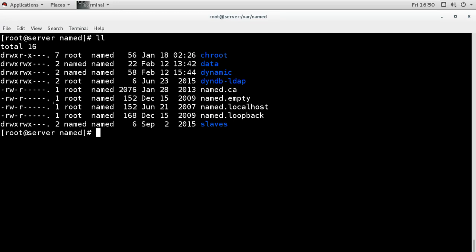Permission, as you can see, for security only the root user, the owner, has write permission, and the group owner has only read. Who is the owner? Root is the owner, and the owner can only write, and the group owner, that is the named group, is our DNS server group and our service group, and this only has the read permission. So for security reasons, when we create our file, we will create it with the same configuration and same permission.